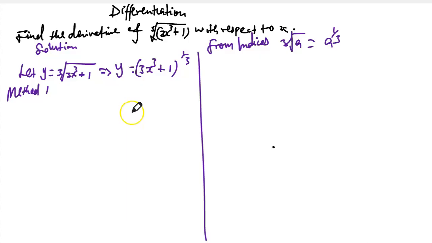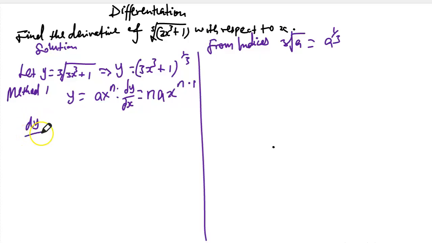Right. So if I use the formula y equals (ax) to the power of n and differentiate, this implies that dy/dx will be equal to n times (ax) raised to the power n minus 1. So if I apply this formula, I will simply have